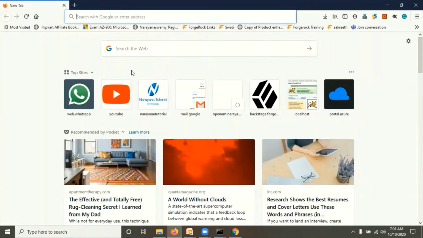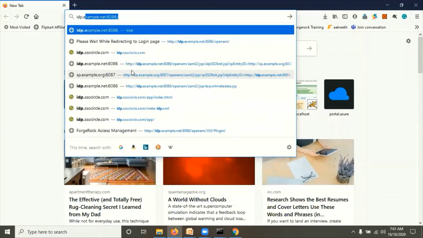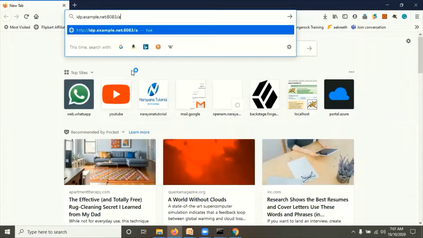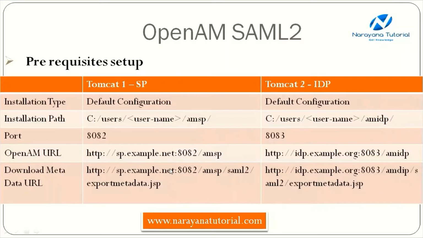What is the IDP URL? idp.example.net:8083/AMIDP. Correct? No, not .net. I think it's .org. We have given IDP as .org.